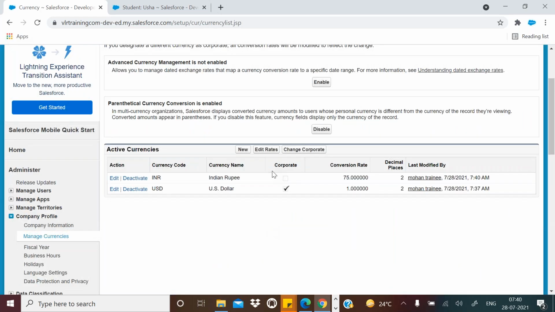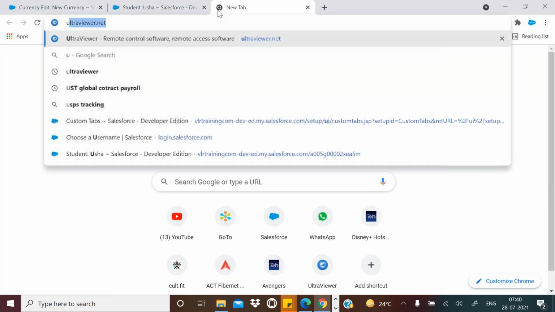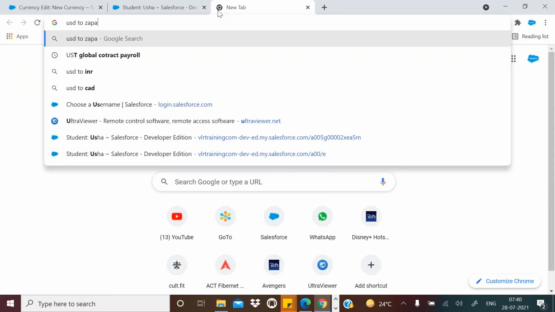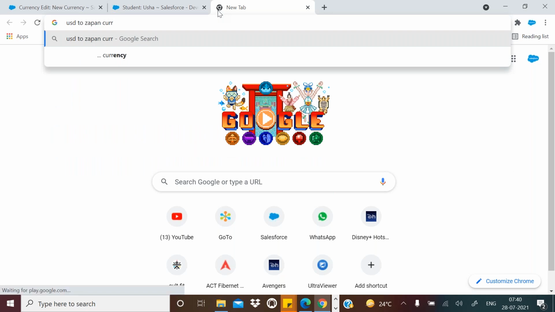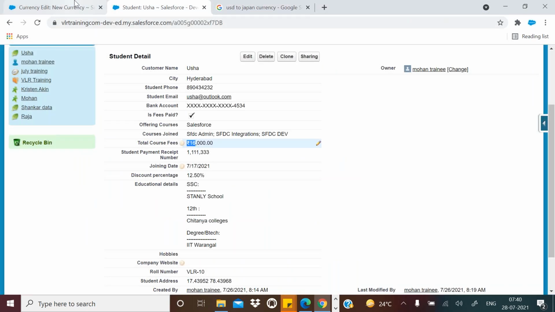USD is the corporate currency, so $1 corporate with respect to dollar. Indian rupees, how much? 75 rupees. Like that, create one for USD to Japan currency, 109.